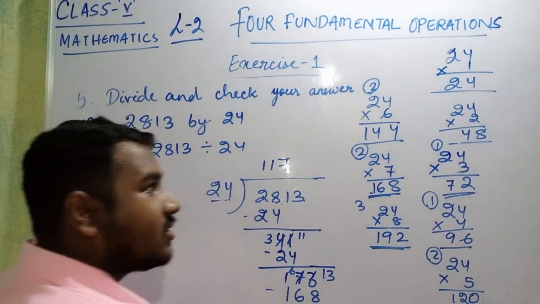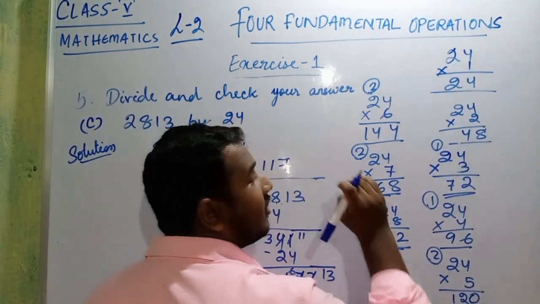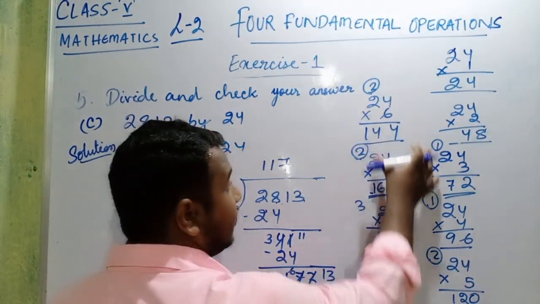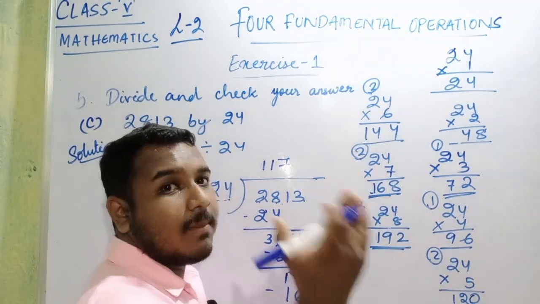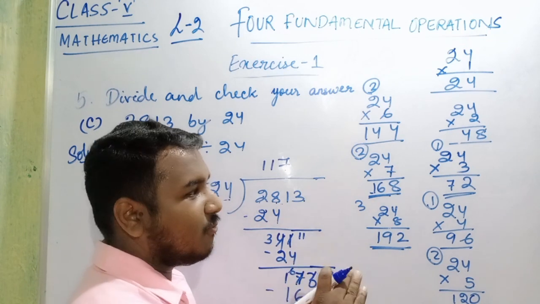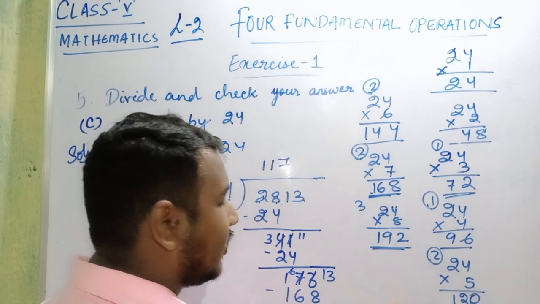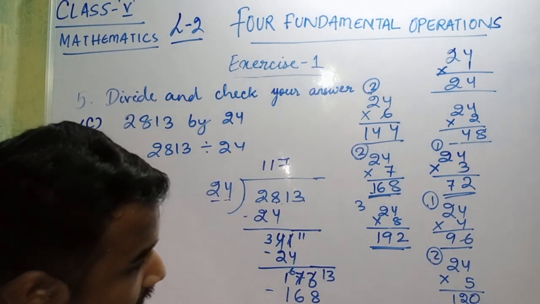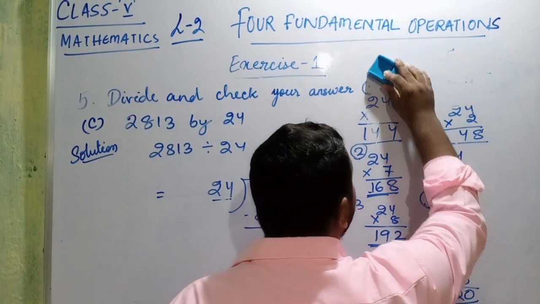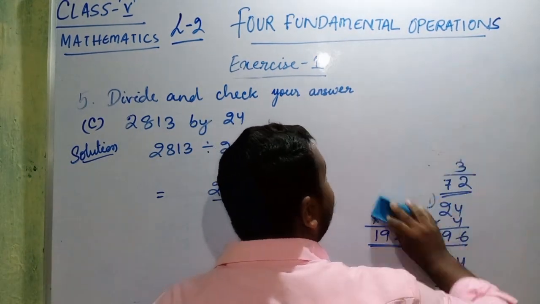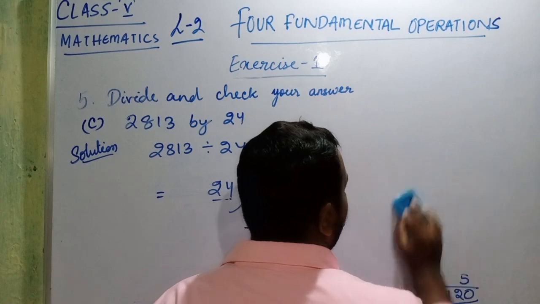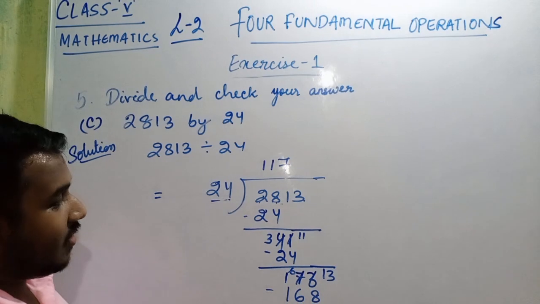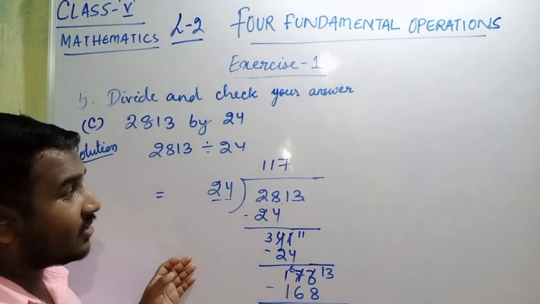Okay, now this is the rough work. What is this one? Rough work. You will do this rough work on the right side page, or on the back side of your notebook or in rough paper. Okay, very simple thing. Now I don't need that one, so I am simply erasing this one because there is no space on my board. Our answer is not this one. We have to check whether this is correct or not.